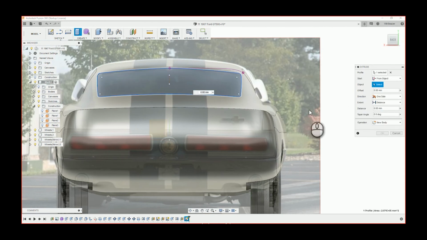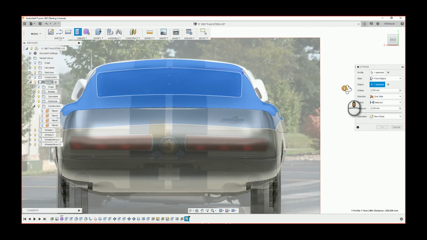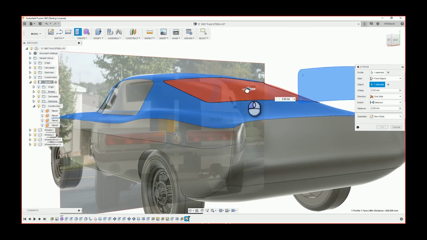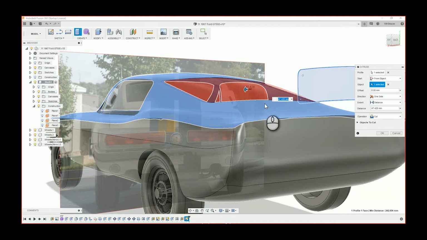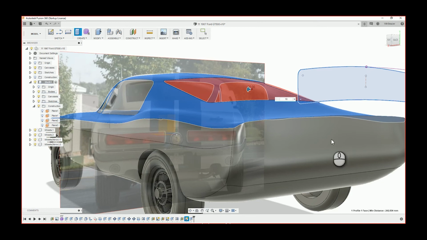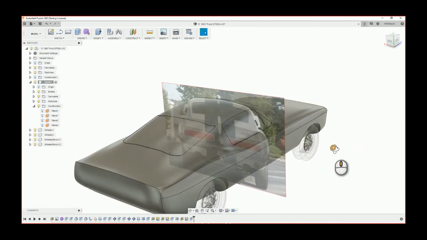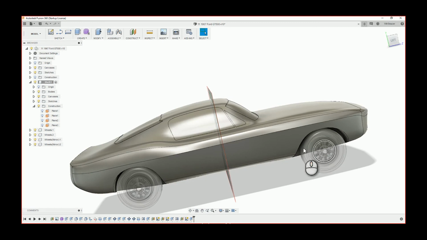So now extruding onto the car, same as before, clicking the car body as the surface as the start point, and then extruding. And because I've extruded everything else about 10 millimeters, well, exactly 10 millimeters, I'm going to do the same here to make it all look a lot more similar. So with the sketch on the front,